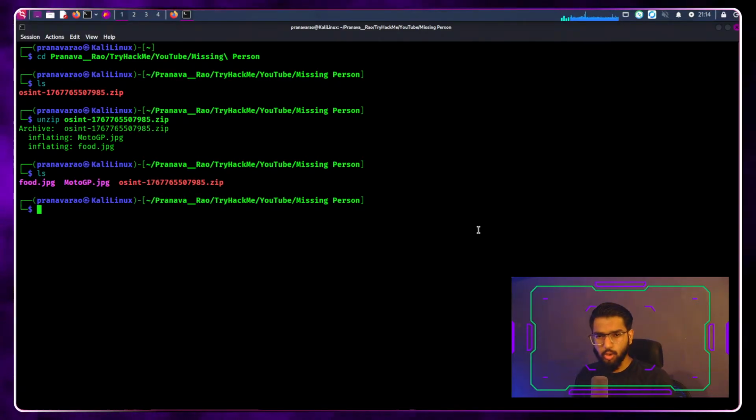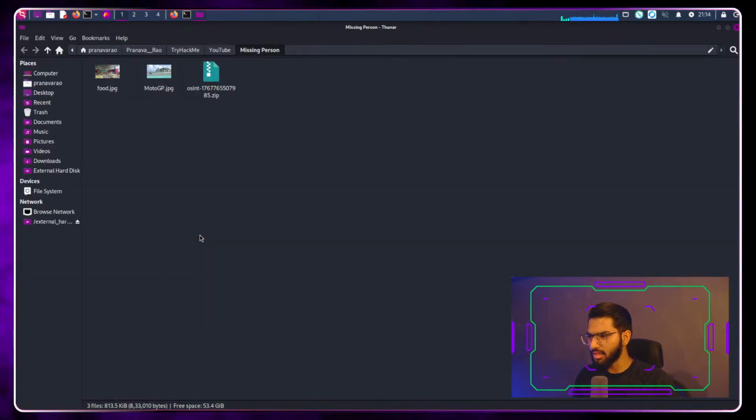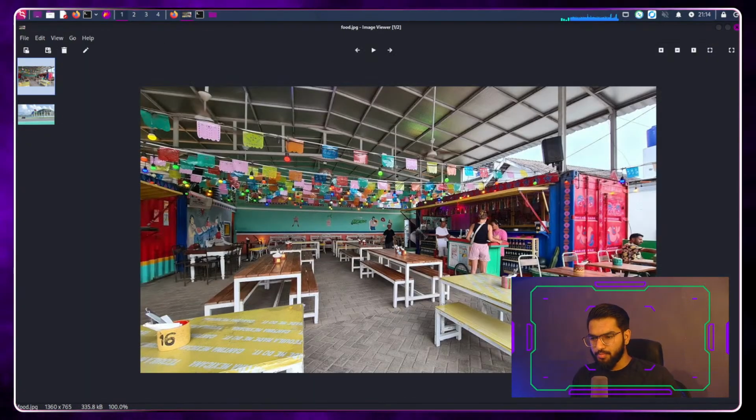Here I can see the two files which are present here. Now these are two JPEG files. Let's just open this in a normal clean view and see what exactly these files are going to be showing us. Okay, we see one photo, a random photo that shows up here.